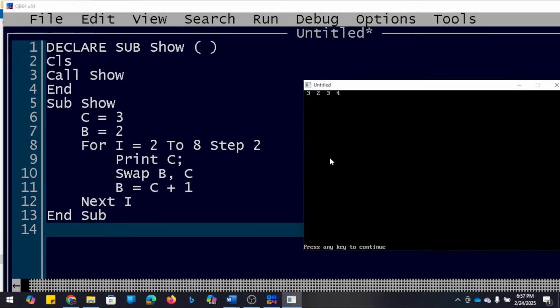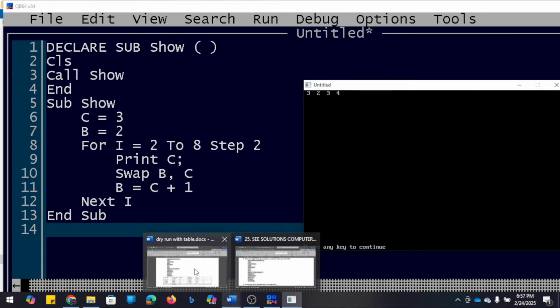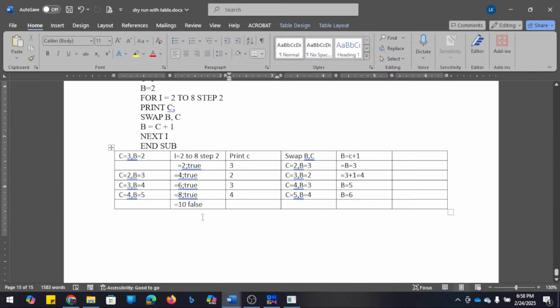So look here, 3234. It is saying what was the output we just discussed there. Look here, it is output 3234. Yes, so we have got the same output here, 3234.